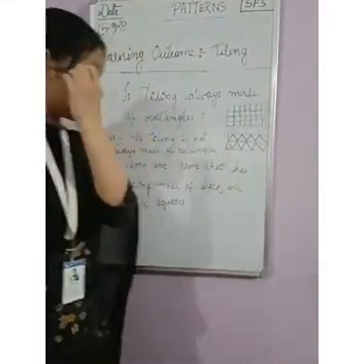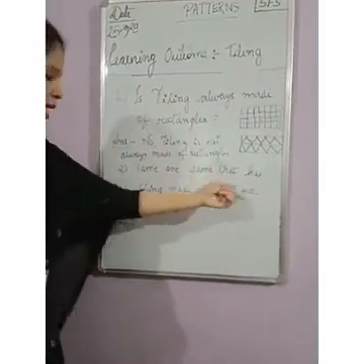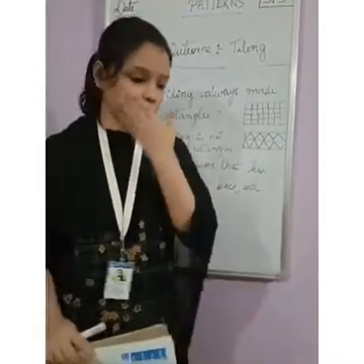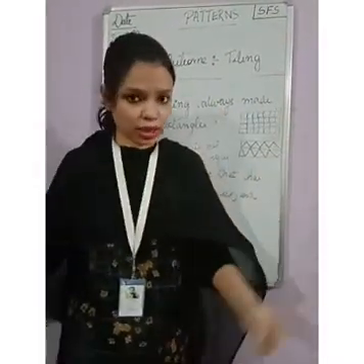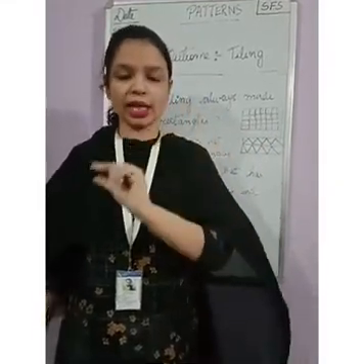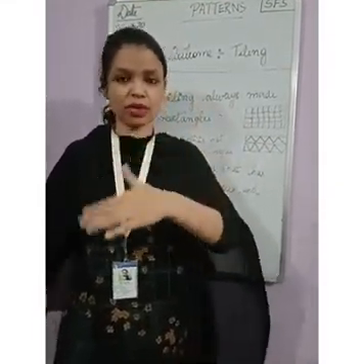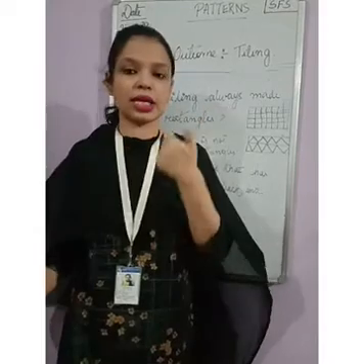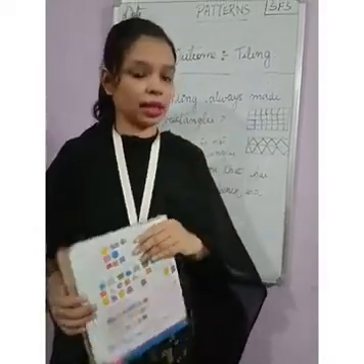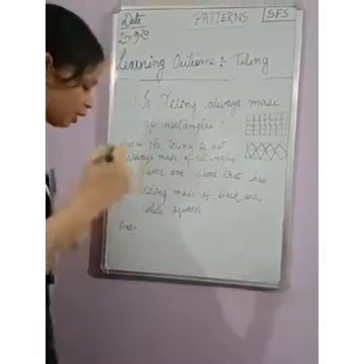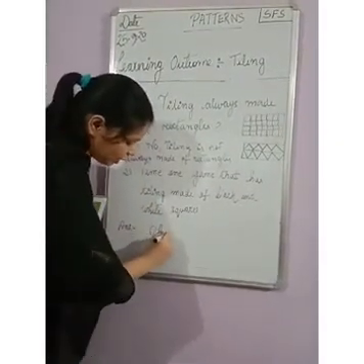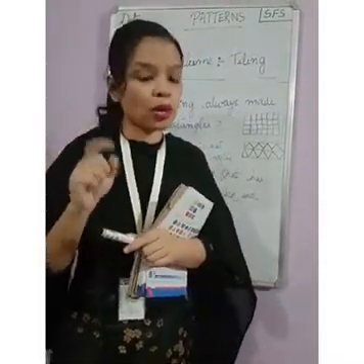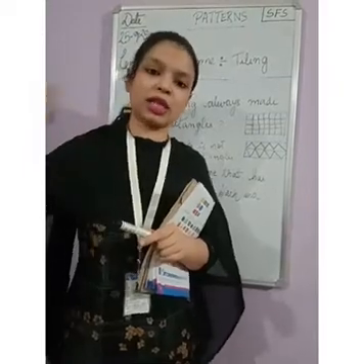Okay, children, the next question is, name one game that has tiling made of black and white squares. So you have to name a game where a board is used and black and white squares are used, and it is repeated. It is a tile. Squares are used and two colors are used. Can you name the game? The name of the game is chess. In chess, tiling is used. Square boxes are used and black and white boxes are repeated again and again.